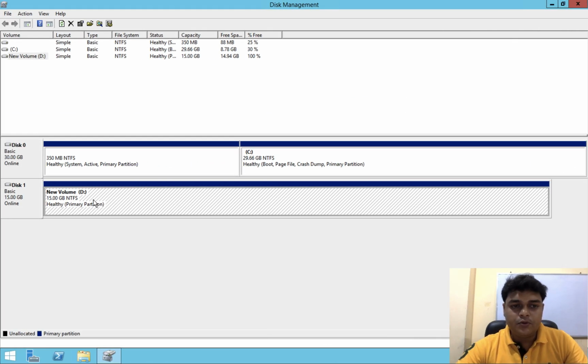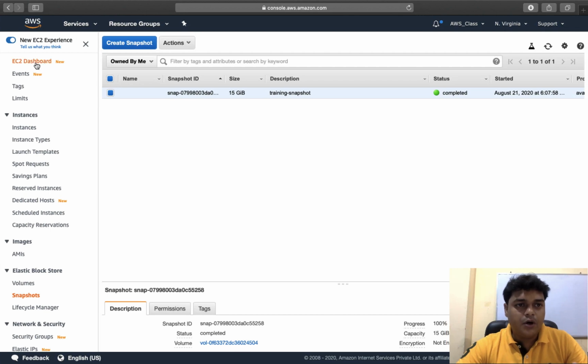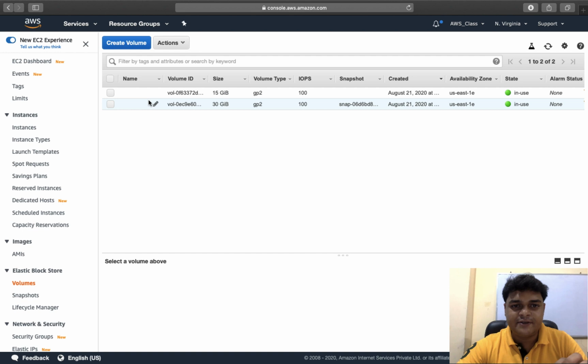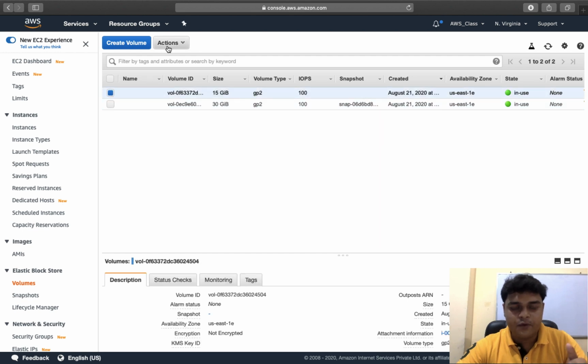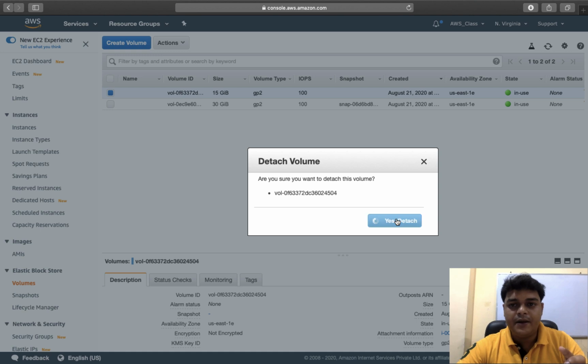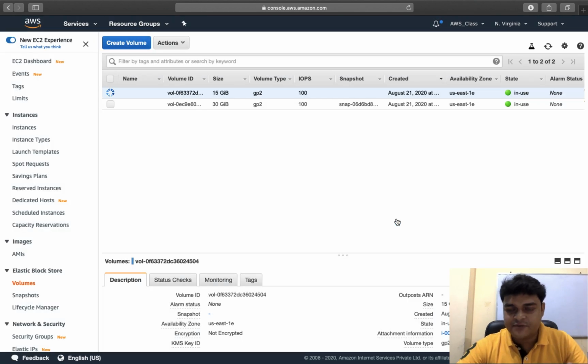So I'm going to detach this particular hard drive, delete it, and try to recreate it with the help of the snapshot. Open the dashboard again, go to the volume, and this is our existing volume connected with our virtual machine. Go to the action, detach the volume, and once it's detached successfully, we will delete it.